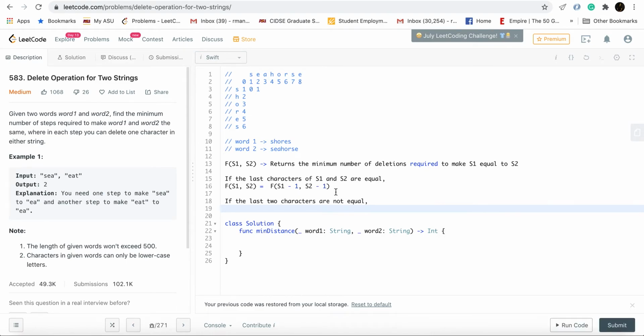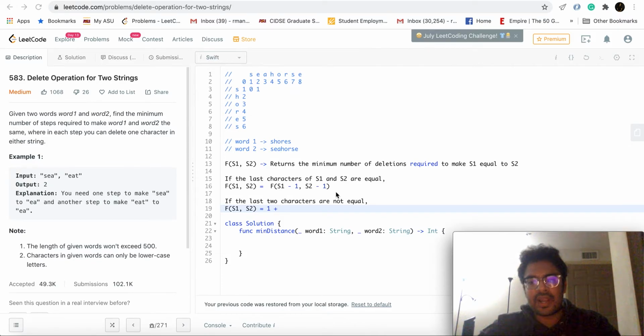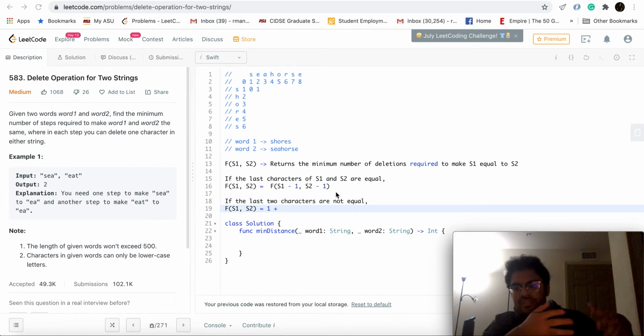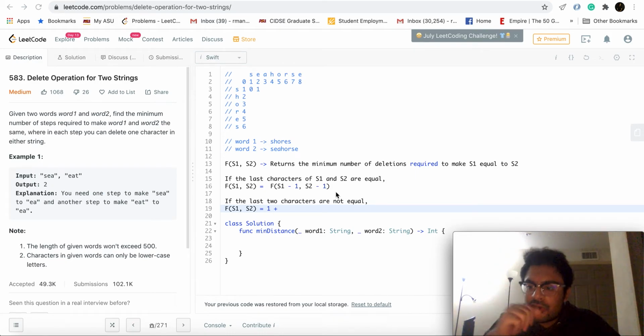Okay, now what does that mean in terms of the recursive solution, the recursive structure? We definitely have to make one deletion to at least approach the correct answer. Only after making one deletion can we hope that we'll find an optimal solution with the rest of the strings. Now, who do we delete from?